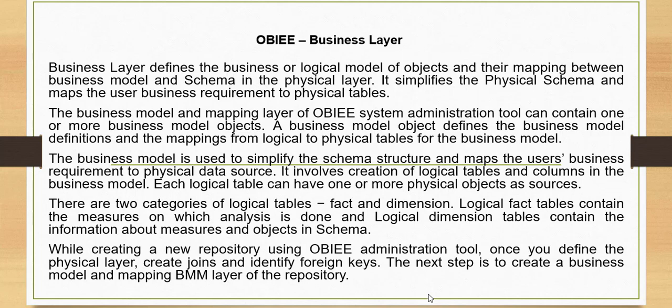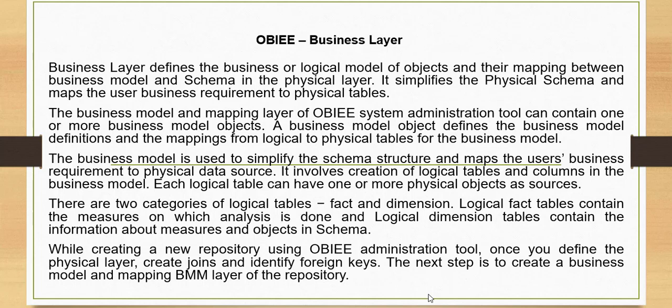Business layer. The business layer defines the business or logical model of objects and the mapping between the business model and the schema in the physical layer. It simplifies the physical schema and maps the user business requirement to physical tables. The business model and mapping layer of an OBI system administration tool can contain one or more business model objects. A business model object defines the business model definition and the mapping from logical to physical tables for the business